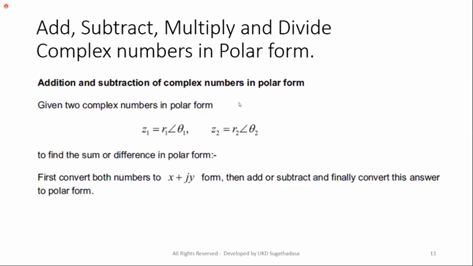I think we have discussed these matters theoretically: addition and subtraction of complex numbers in polar form. Normally, addition is not very important. The method has been given in the last sentence. You see, there's no other shortcut. Remember, if you want to add complex numbers in polar form, definitely you have to convert both complex numbers to Cartesian, then add and reconvert to polar form. That is the method.